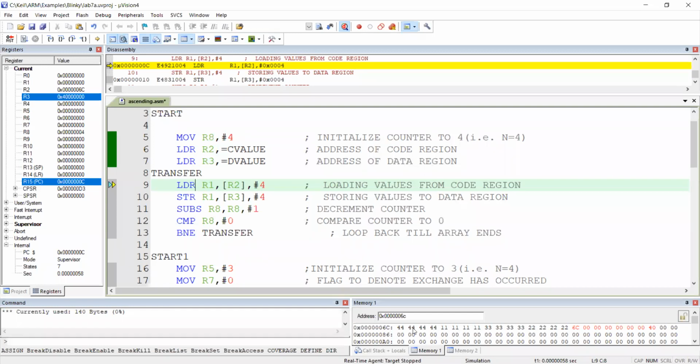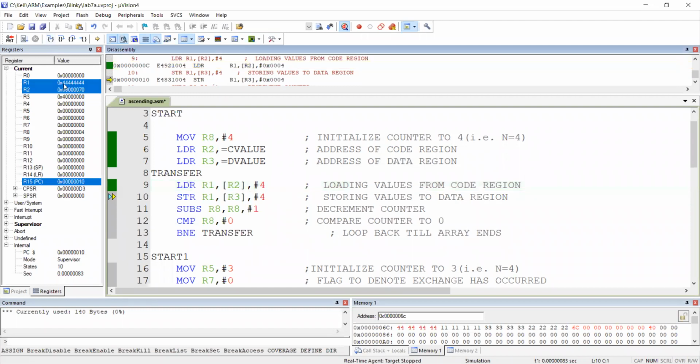Once you take these numbers, our next pick will be from the next location. Hence, your updated value should be +4. So 6C becomes 70. Also see this, R2 will become 70 and R1 will become 4444. That is our expected answer. See, the answer of R1 is 4444, R2 is 70. You can see the red symbol there. Now, where is the value? What you have fetched is present in register R1. That means line number 9 is completed.